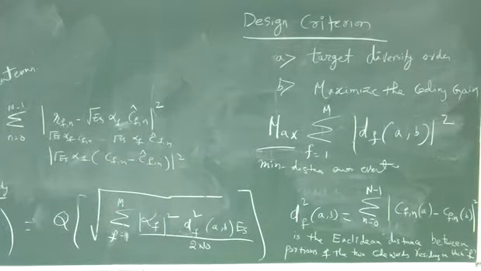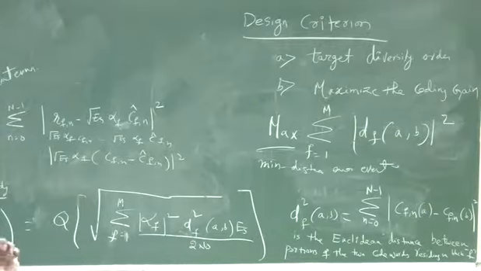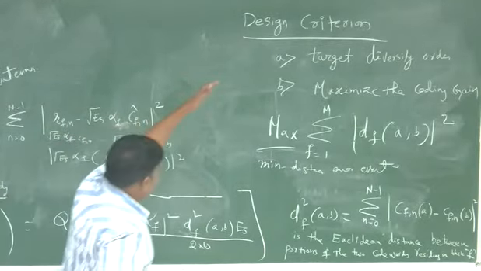Diversity at m minus 2 can have 2 zeros. Yes, if you want diversity orders less than m, you can have zeros. See what happens is that ultimately the code rate plays a role, which right now we are not discussing. This is all very wishful thinking here, because without bringing the code rate into the picture, we're talking about designing the code. So ultimately, you have to start with the code rate. First, fix the code rate, fix the modulation, and then start satisfying these.